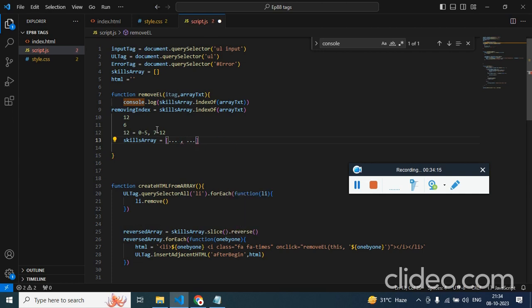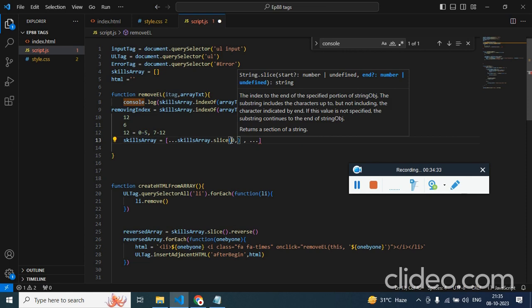How are we going to get it? With the help of the slice function. Get the array, use the slice function, and to get this 0 to 5, start from 0 and end on the removing